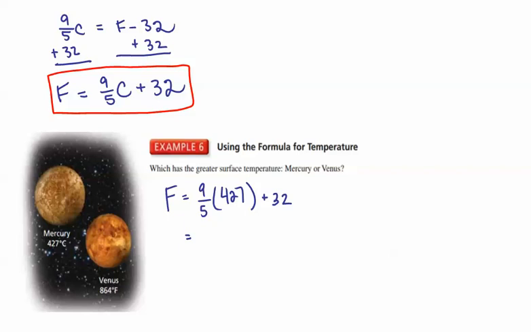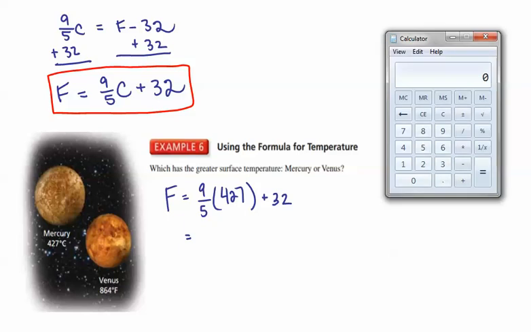I'll bring up my calculator. 427 divided by 5 is equal to 85.4. Now we want to multiply that by 9, and we get 768.6, plus 32, and we end up with